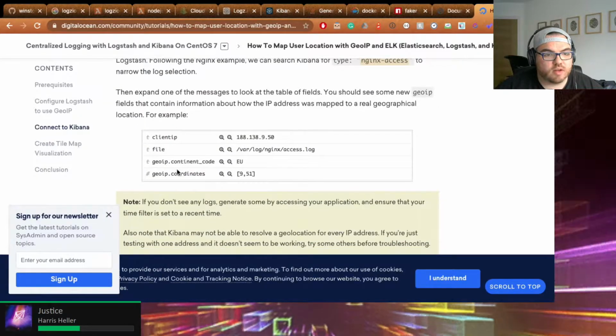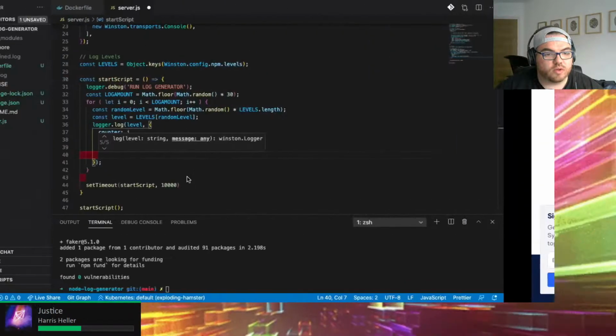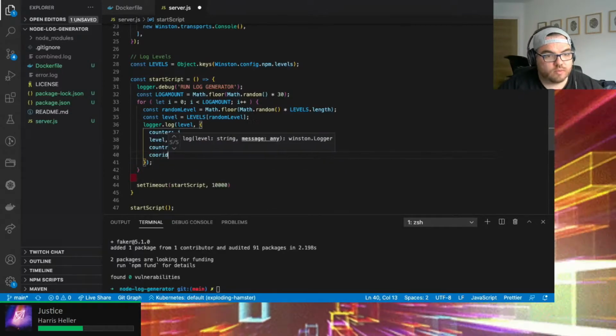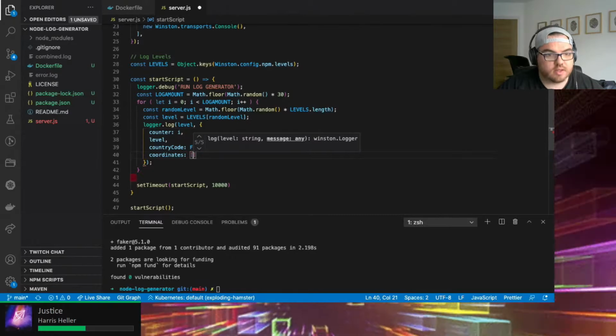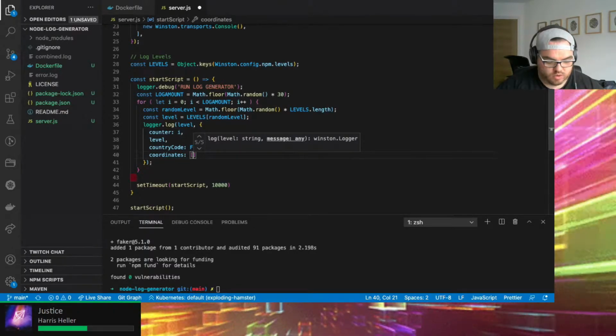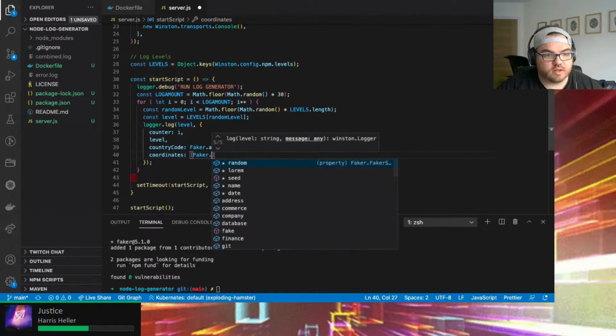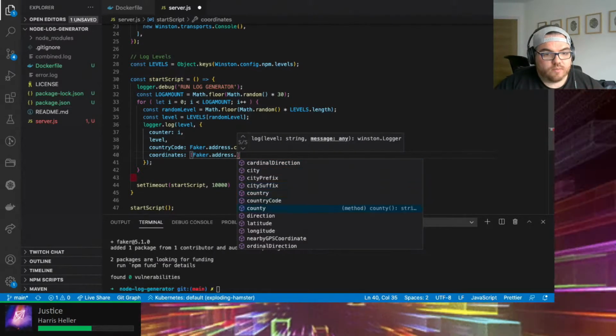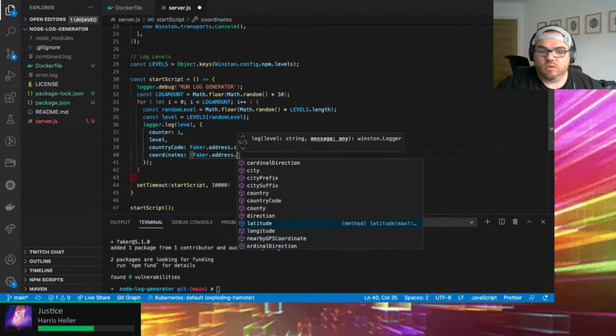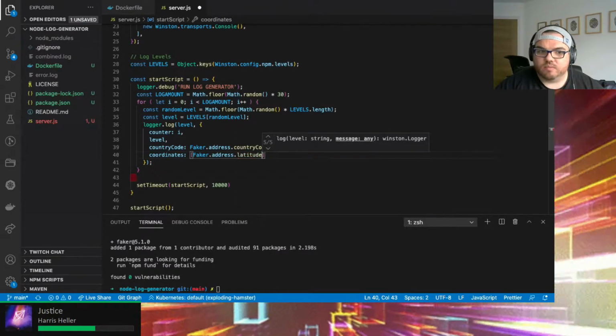Let's just name it correctly, and then coordinates. Then it's latitude and longitude. Faker dot address dot long. Is it lat long or long lat? I think it's lat long. Let's go with lat long.